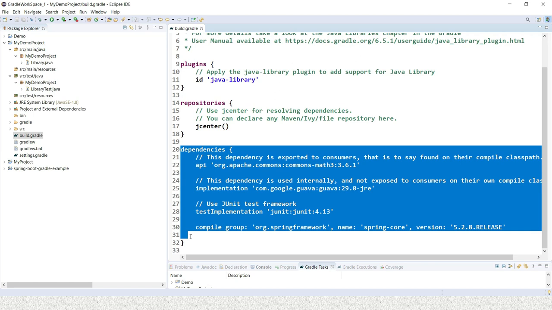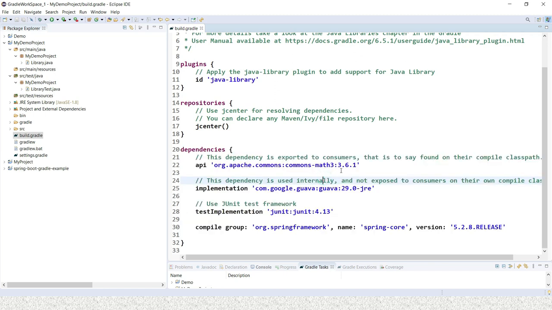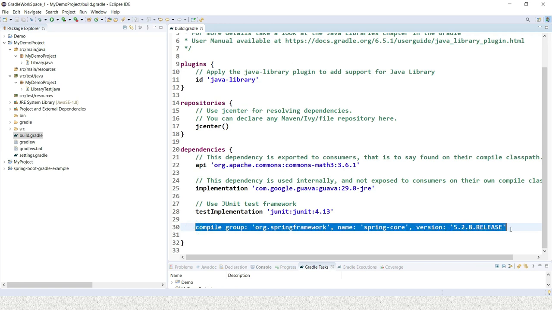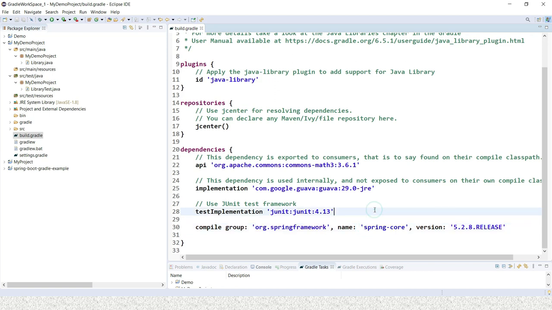In this section we can declare dependencies that are necessary for our project. If you watch my previous video tutorial, I showed how you can add any dependency in this section, for a group ID or artifact name, if you compare with Maven.